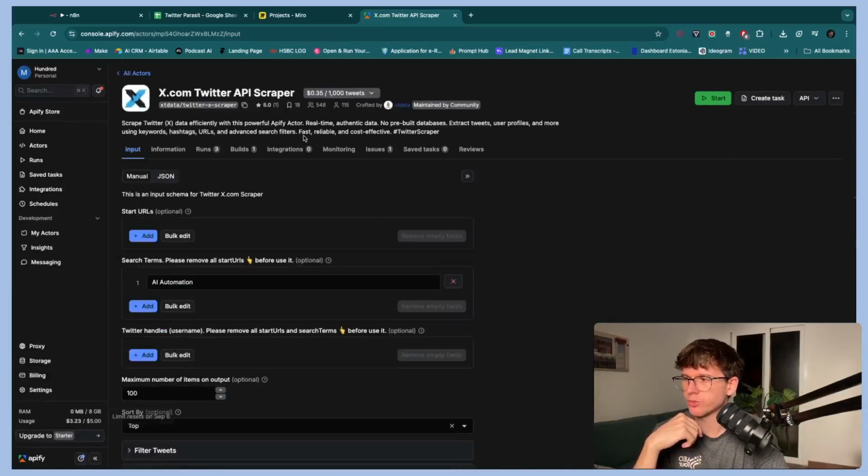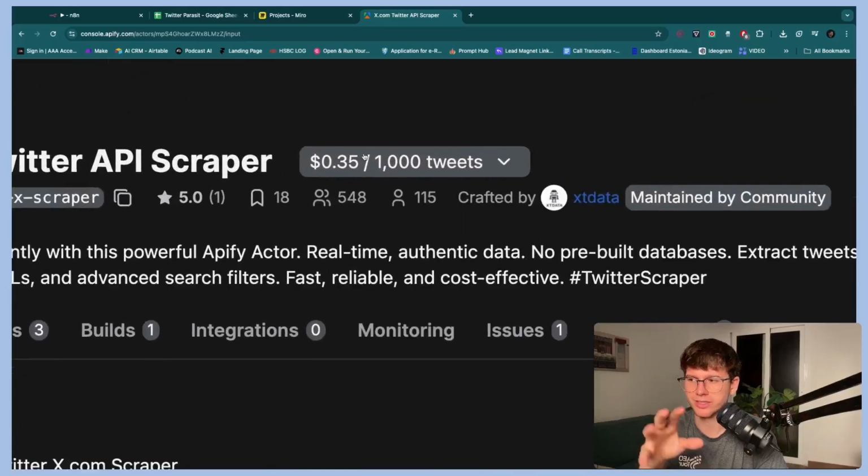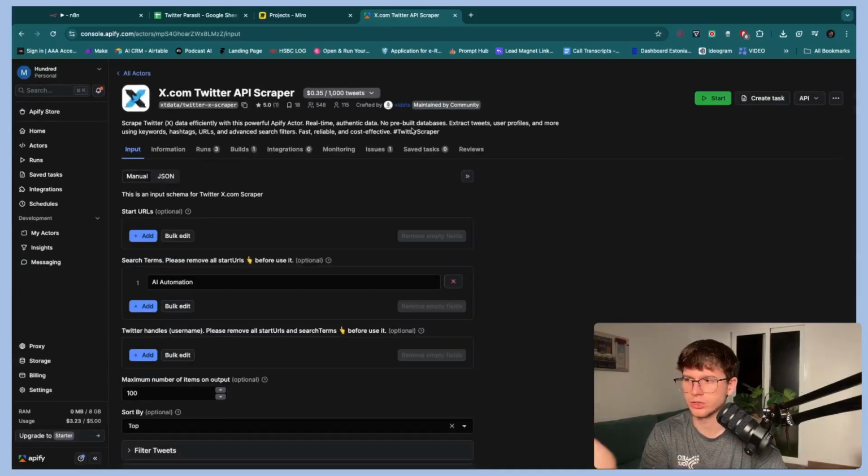This is more than enough to be using this scraper, which is 35 cents per 1,000 tweets. If we scrape 100 tweets per keyword, that's not even something to mention, right? In terms of price. So it's basically free. So you can use it as much as you want. Obviously, again, not infinite, right? Because we still have 35 cents for 1,000 tweets. We have $5. So with that being said,